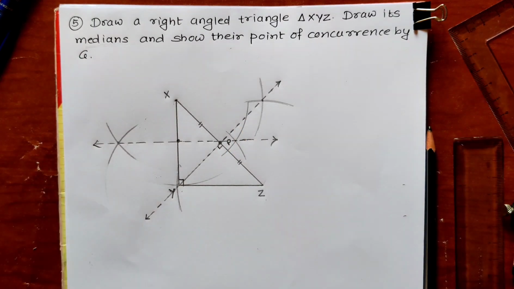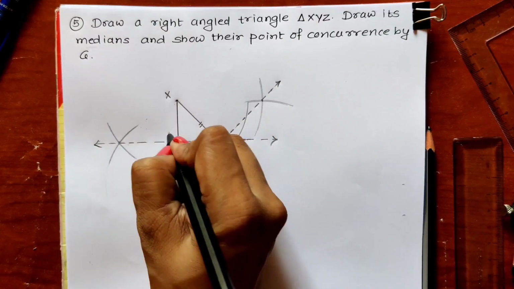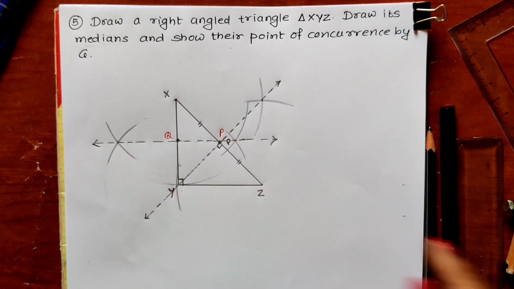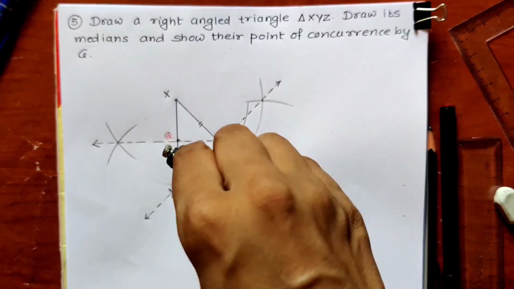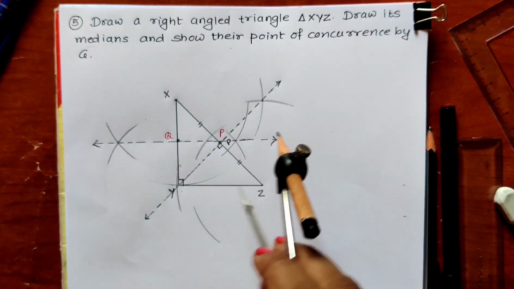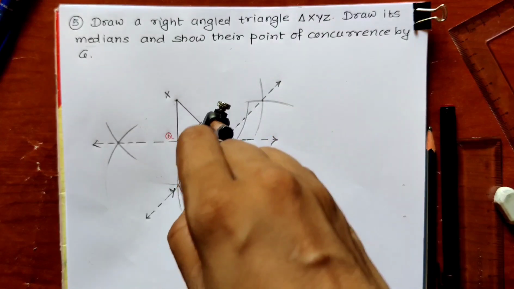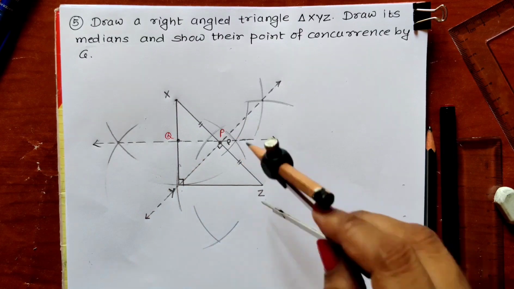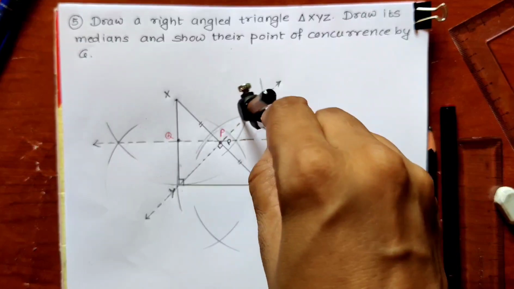Okay, we will write with another color. This is P, this will be Q. Okay, now let us find out the midpoint of YZ. So we have to take more than half a distance of YZ. We will be drawing arcs upside, downside from point Z, and then from point Y, like this. Okay, I will have to extend the arcs from point Z so they can intersect each other like this.